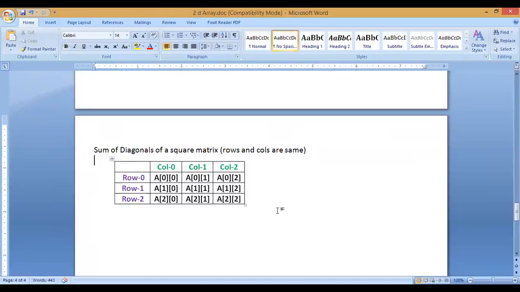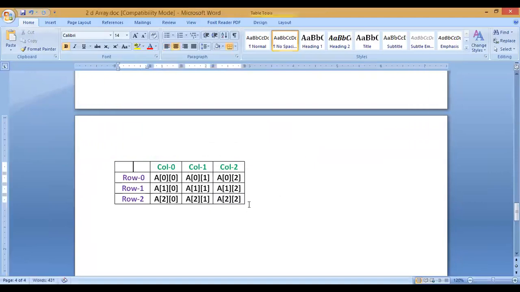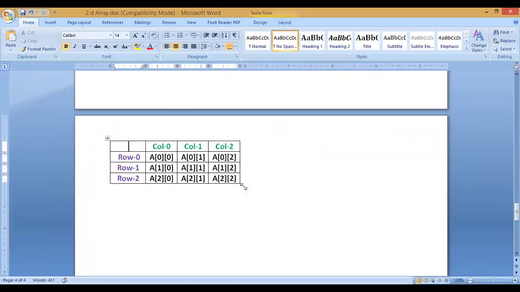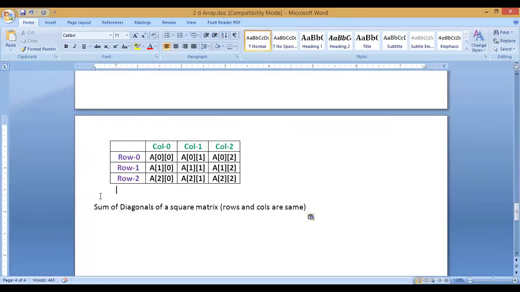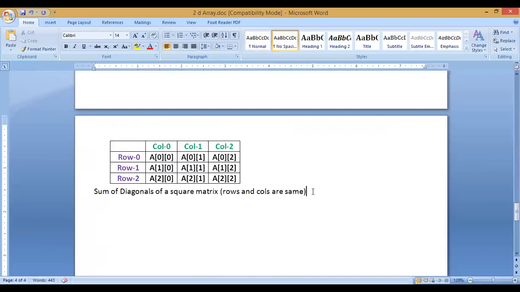So what we have to do with that, first we will see that. For this one, we want to add here, this is the array. So we want to find the sum of diagonal elements.